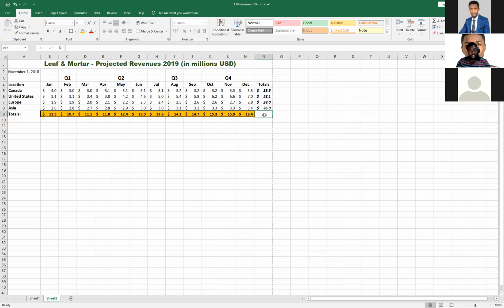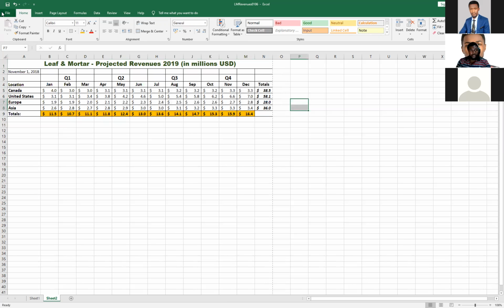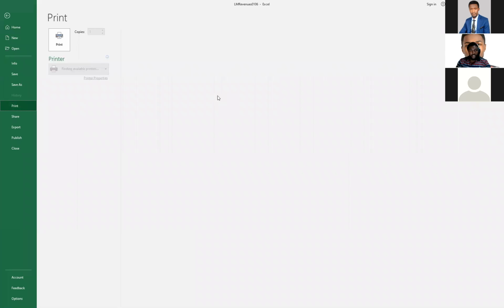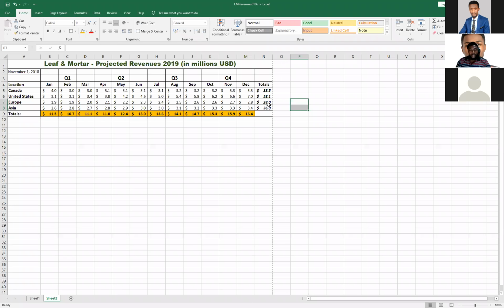So if you wanted borders to go around the whole document, you select all this, you come here and you select all borders, and then you now have this, which if you go under print, you see you got borders all around your document. Okay, so that is just it for how you can do some formatting to further fine tune your document before you print it out